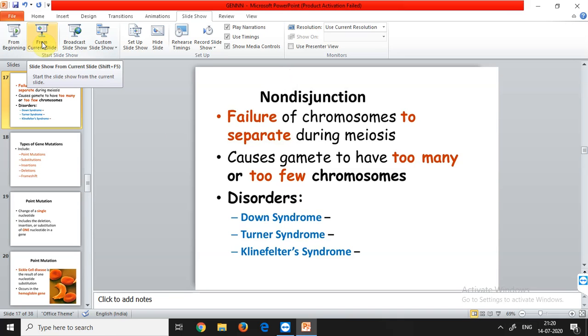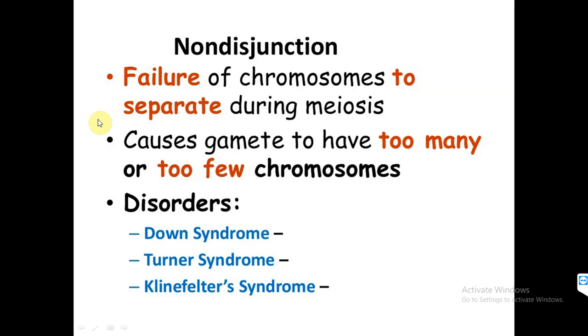Okay, so what happens now in the non-disjunction of chromosomes? There is a failure of the chromosomes to separate during meiosis. So during meiosis, a kind of cell division, the chromosomes get separated and they move to different poles. But in non-disjunction this cannot happen, and there are two cases. Either many chromosomes will go into one gamete, or not a single chromosome will go into a gamete, because separation did not happen. Normally, separation sets a possibility that the two gametes produced after the meiosis division will receive an equal amount of chromosomes. But due to non-disjunction, separation is not happening, so either everything goes into one gamete and none goes into the other. So this is non-disjunction.